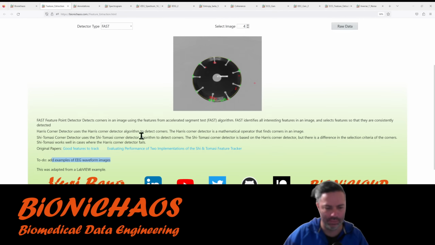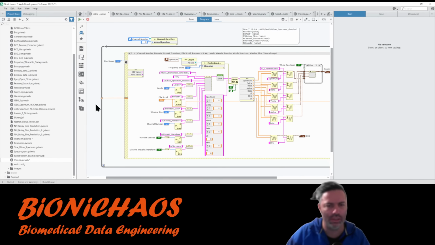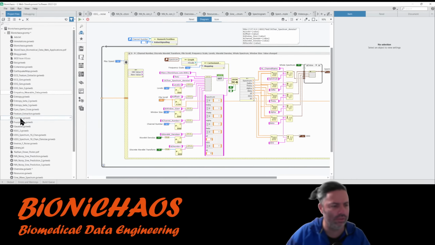And yeah, the EEG examples will be a separate tool. Let me picture.